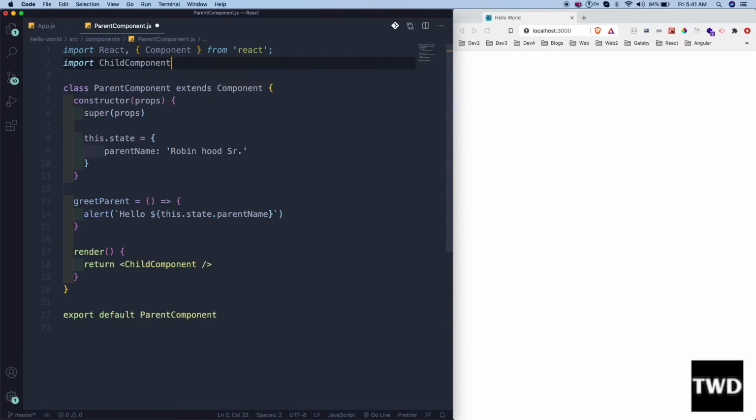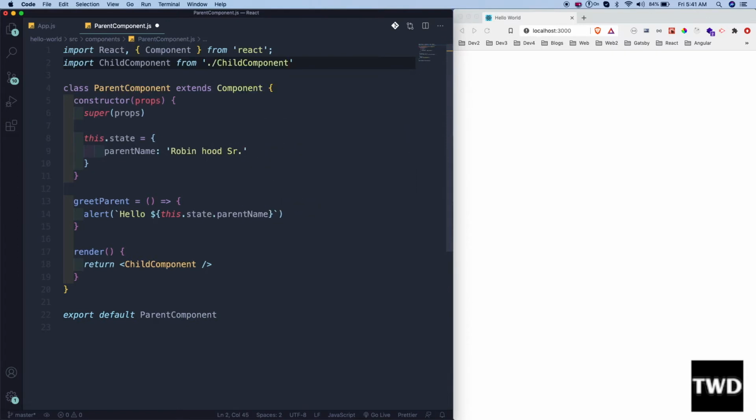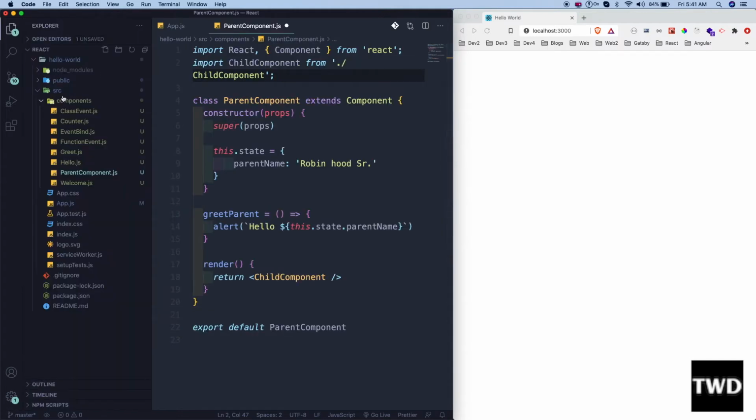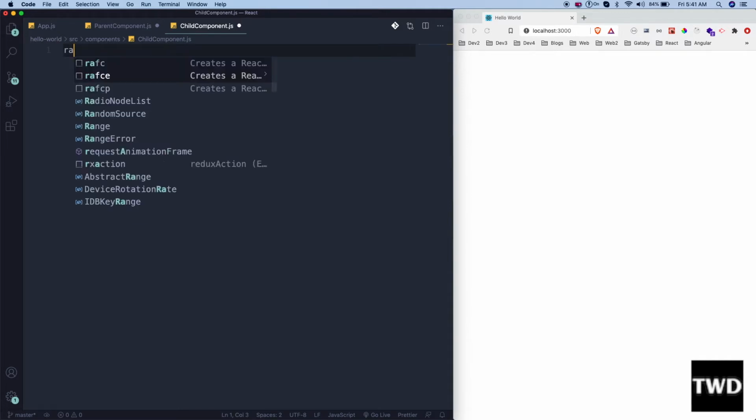I know we don't have it yet, but we will have it here only. So let me come back here, and I'm creating ChildComponent.js, and it will be a functional component because we don't have any state here. RAFCE,